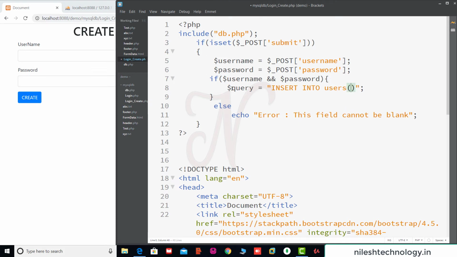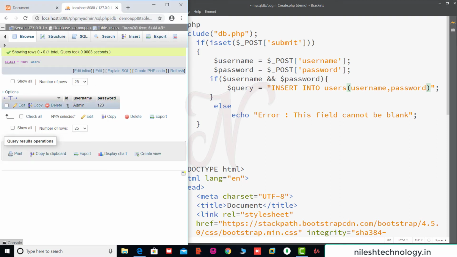There are a total of 2 parameters because there are 2 column names, username and password. See here, there are a total of 3 columns: ID, username and password. There is no need to pass the ID because the ID is auto incremented. It automatically increments this number and stores the new value into that table.